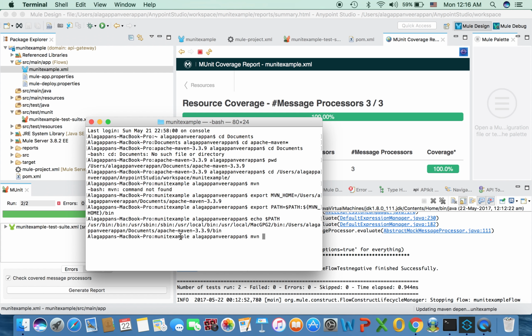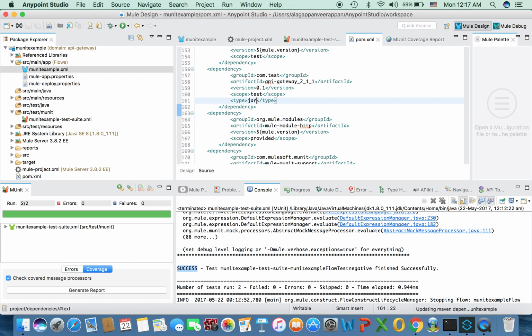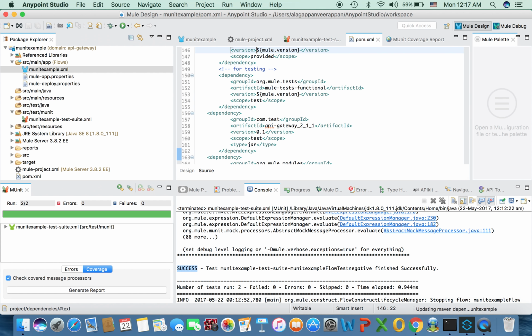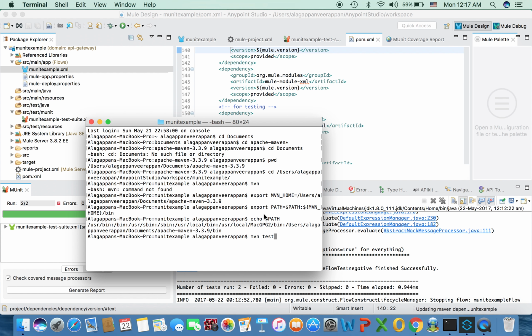So munit example folder is a parent folder which is having the pom.xml. So I'm just going to give the target as test, the test which is there in the pom.xml, which can highlight, like it is going to run the test suite, because it will locate your test dependencies and test target from the pom.xml. Okay,